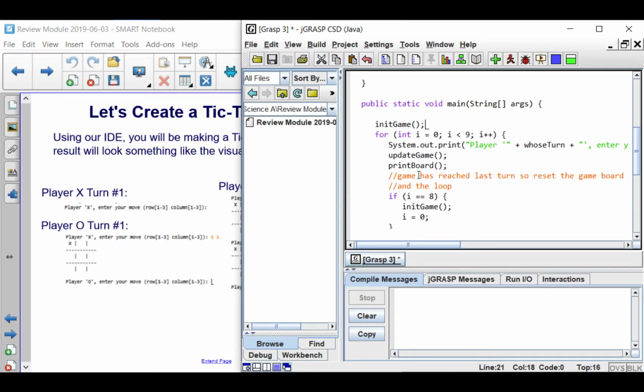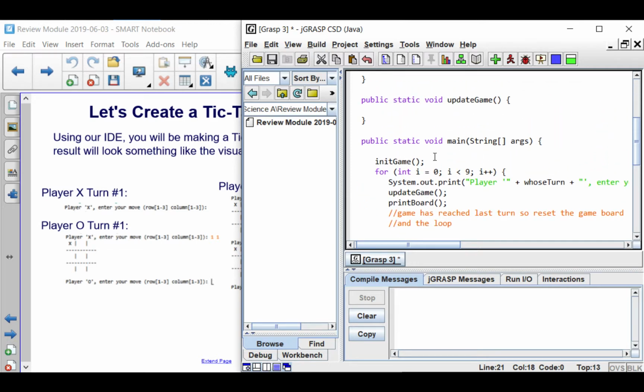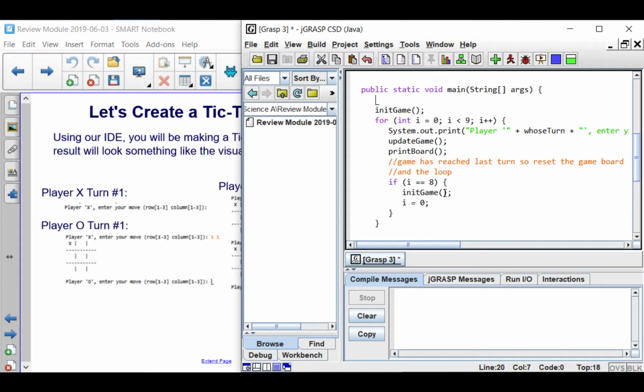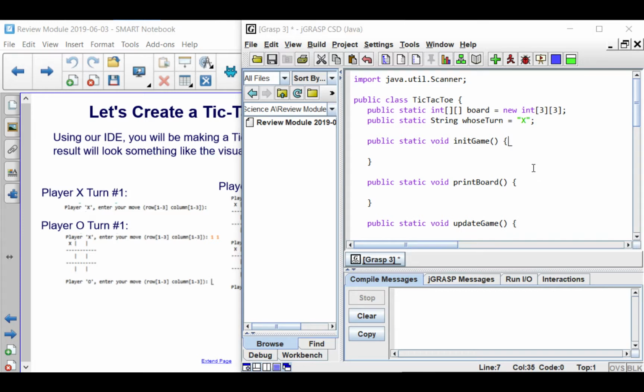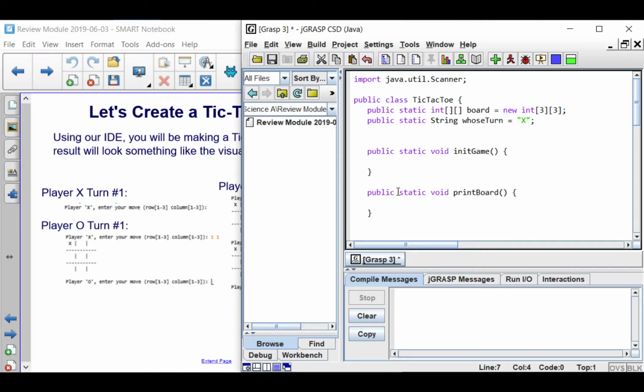All right, so now that we have written out our main method, we should add comments above our other methods. Okay, so let's add our comments. So add a space there, and I prefer to use the double forward slash comments, so that's what I'm going to use. But you could use the other methods of commenting. So for init game, what did we say init game is going to do? So init game